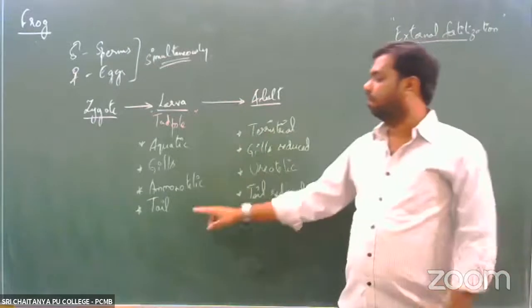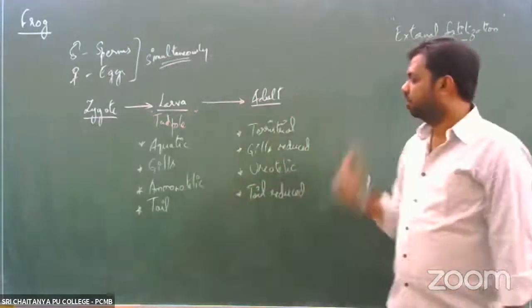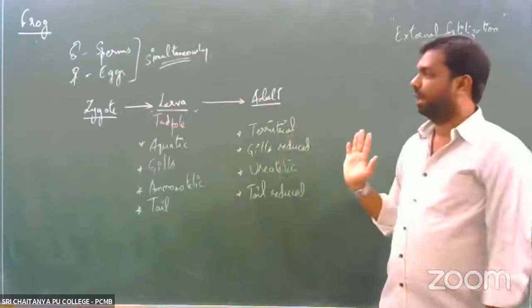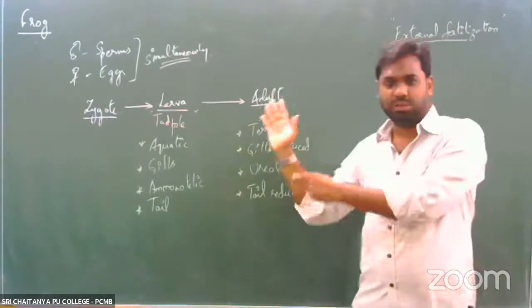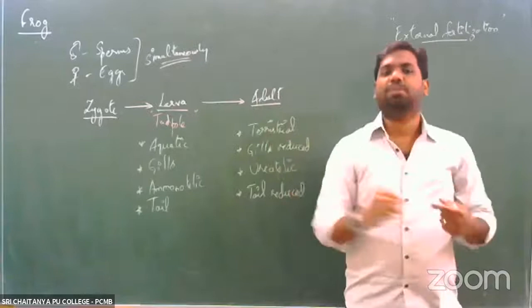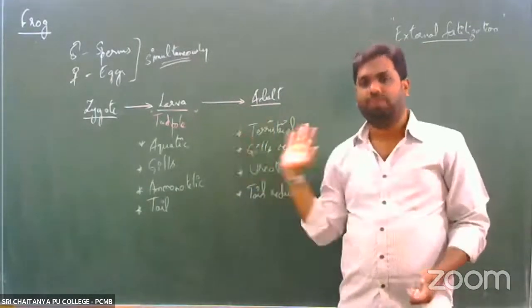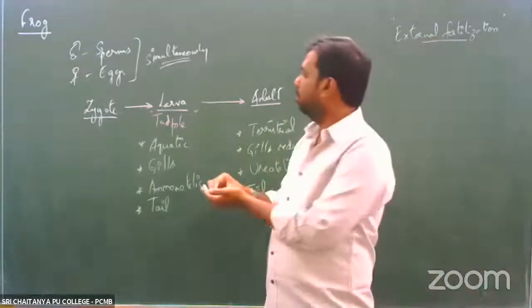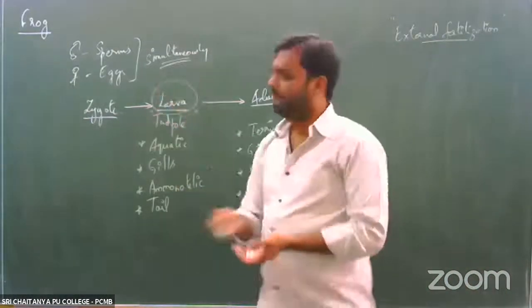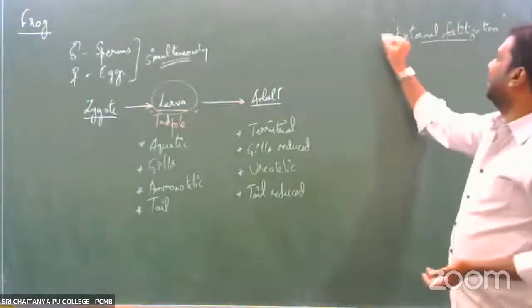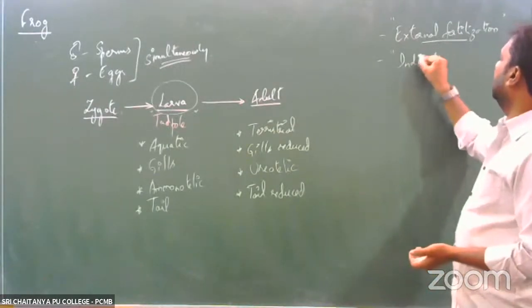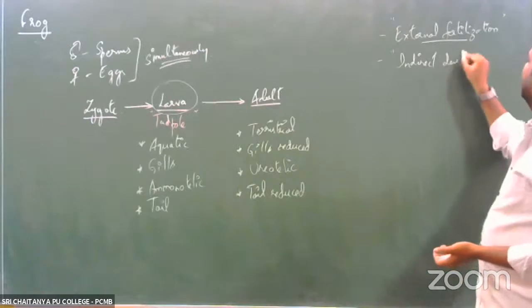In case of larva, the tail is highly developed, but in case of adult, the tail is highly reduced. The tail is not seen in the adult organism. So these are the changes that usually happen in these organisms during the process of development. Now, what sort of a development is it? Since there is an involvement of a larval stage here, we would start calling such type of development as indirect development. So the type of development here is said to be called an indirect development.